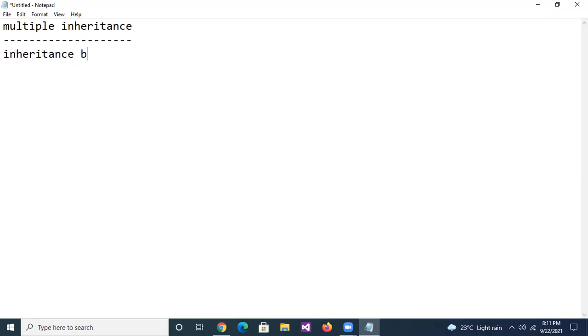Inheritance between more than one parent and a single child. Okay, it's like a hybrid one. Two parents and a single child. Okay, now